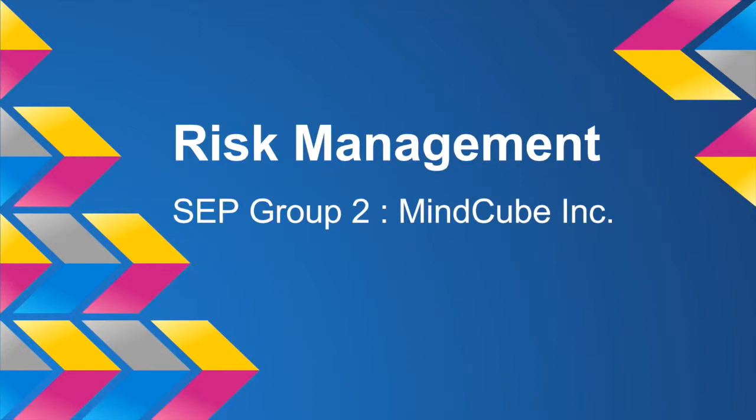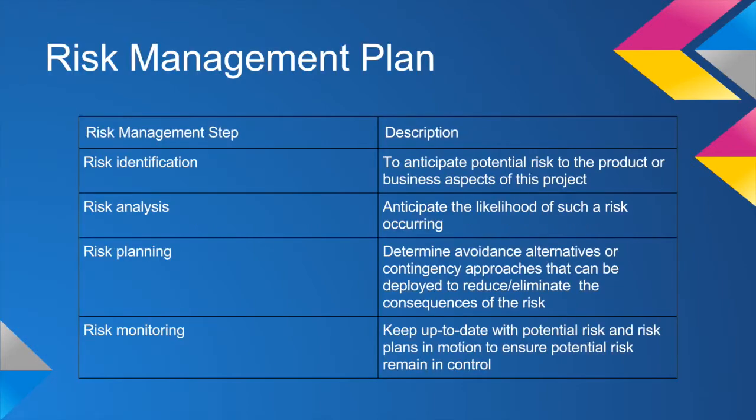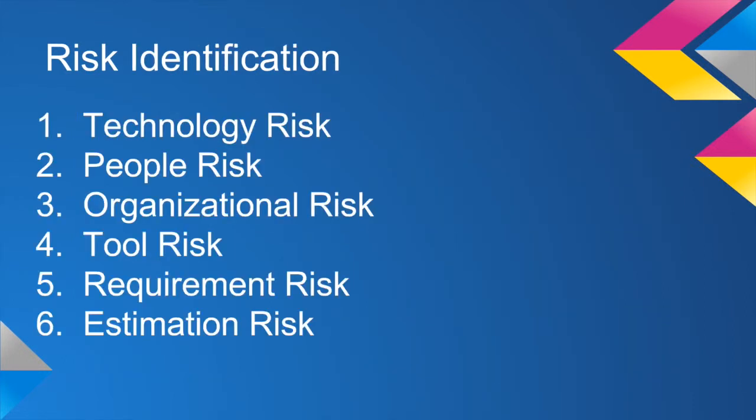My name is Ryan and on behalf of SEP Group 2, I will be going through the risk management plan. For the risk management plan, I'll be talking about the following categories: risk identification, risk analysis, risk planning, and risk monitoring. Risk identification has been split into 6 parts: technology risk, people risk, organizational risk, tool risk, requirement risk, and